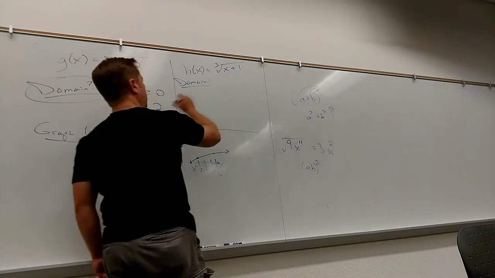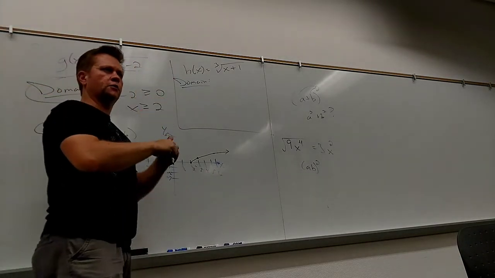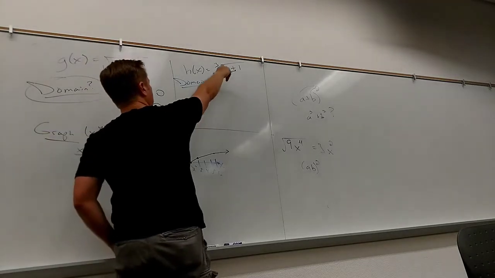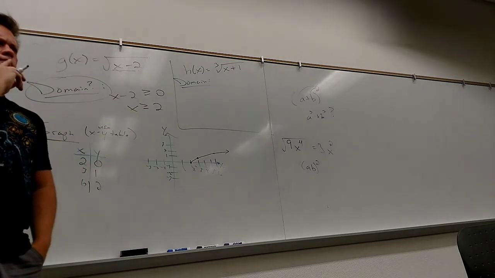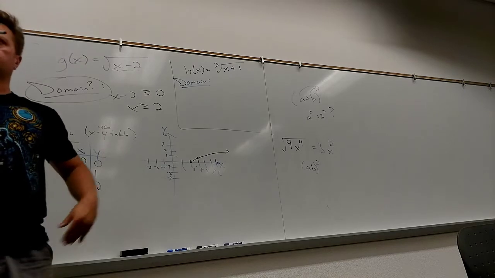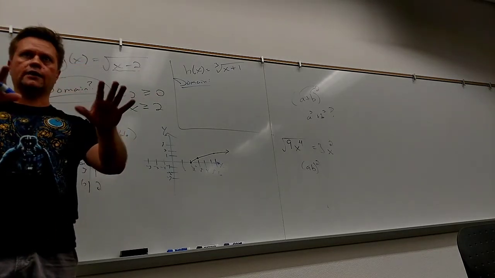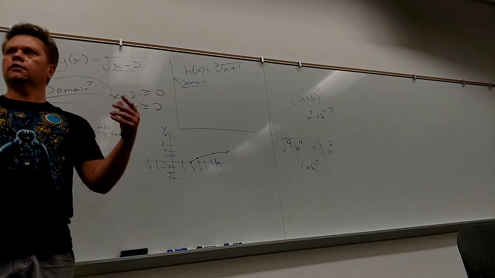Here, the domain doesn't really help you out too much, right? But you just start using smart numbers, negatives and positives, just to get both sides of things. Because what's the domain going to be? It's all real numbers. Why? 2 reasons. Because the root is odd, and the inside has no problems. Inside's just x plus 1. I can add 1 to anything. If this would have been the cube root,